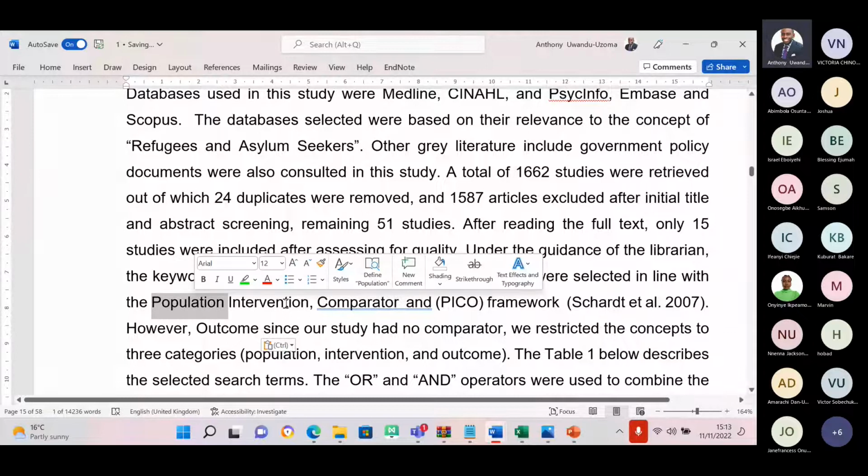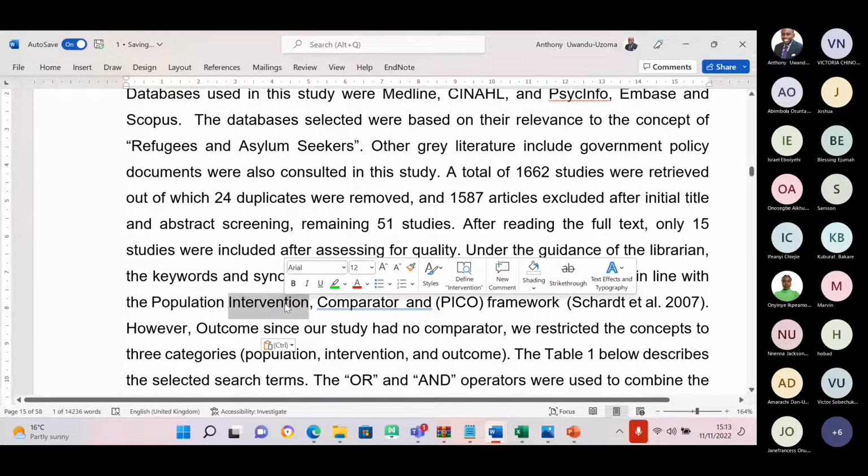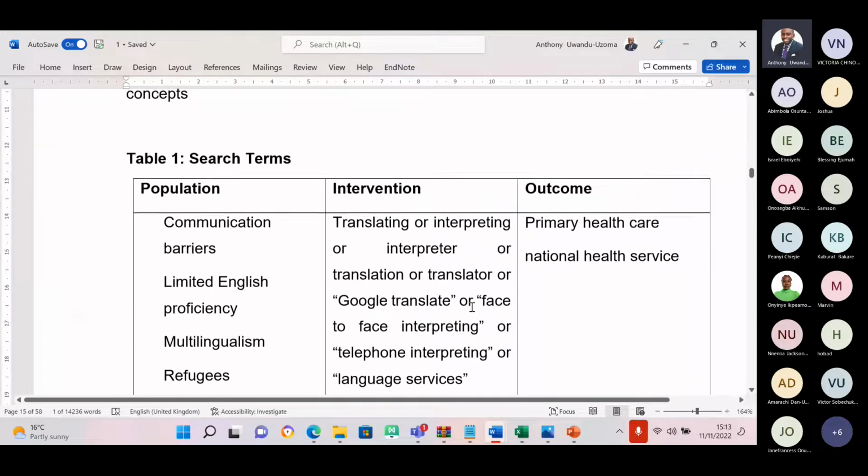Okay. Then the intervention was what? Interpretation and translation services. That was the interpretation. Then the outcome is what? Health. So let's look at it here. So now look at it here. So the population,